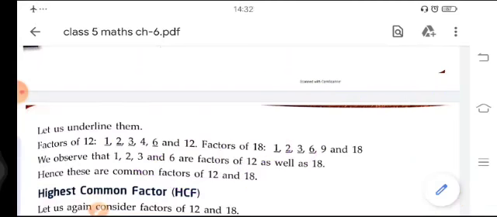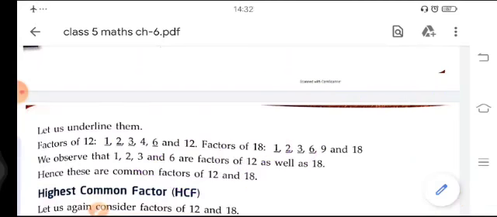So first we will understand the prime factorization method. In the prime factorization method, first we find the factors of each number separately with the help of prime factorization. First we will find it for 132 in this example, and next we will find it for 96. After finding the prime factorization, the next step is to write their factors in a row. 132 equals 2 into 2 into 3 into 11. 96 equals 2 into 2 into 2 into 2 into 2 into 3. Now the next step is to write the common factors of these two numbers.